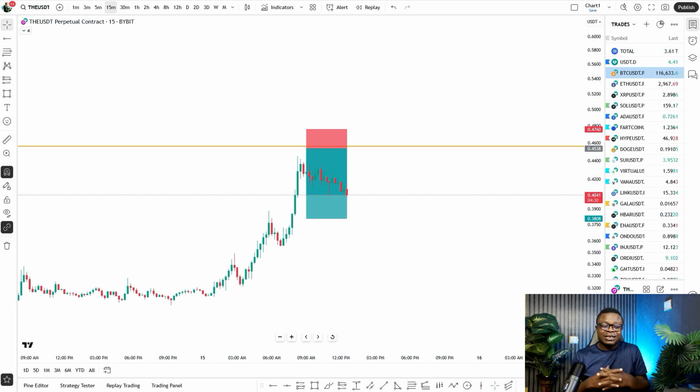But the thing is, some of you will just come open a trade and then run about your daily activities and expect a miracle to happen, right? And the worst part is when you open this trade and you're not using stop loss. The worst part is when you open, you just expect that a miracle will just happen and boom, one trade will give you $10,000. It doesn't happen that way, guys.